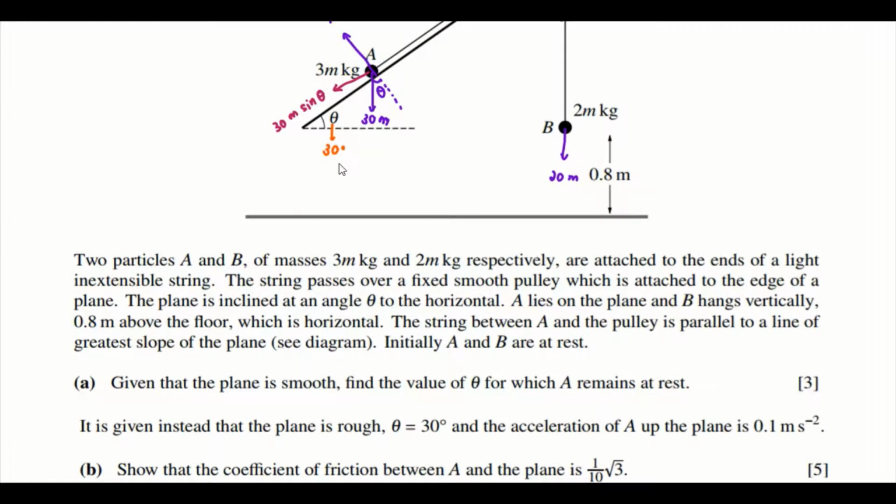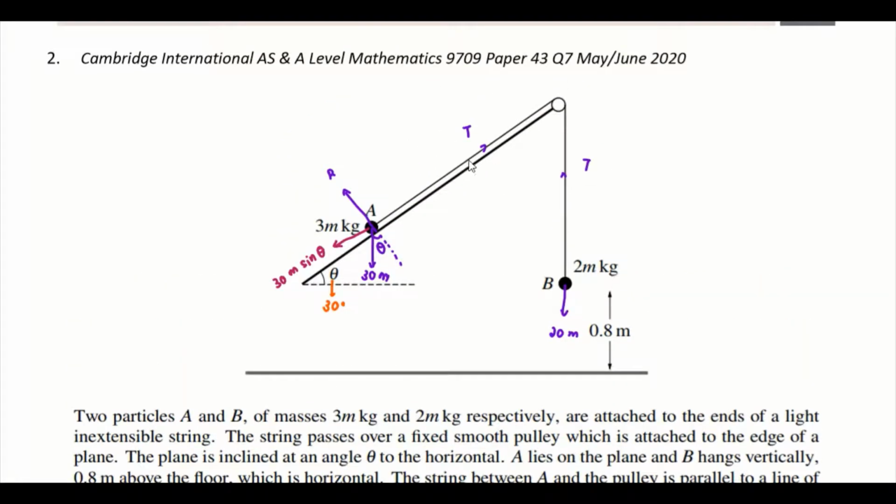Okay, then the acceleration of A up the plane is 0.1. Which means the whole system is moving in this direction because they say particle A is moving up, right? And the acceleration is 0.1. Is that fine? Okay, so now the same thing, if the system is now moving in this direction,